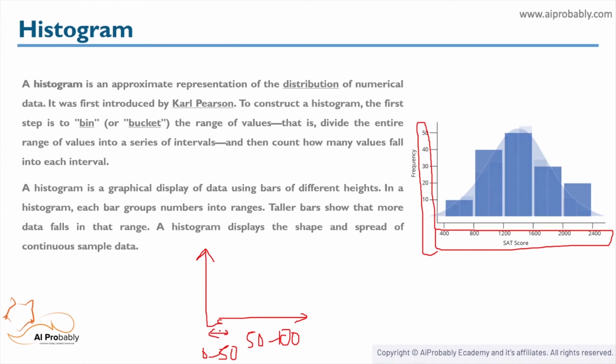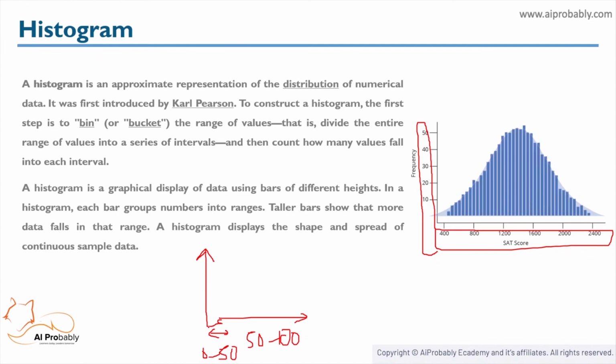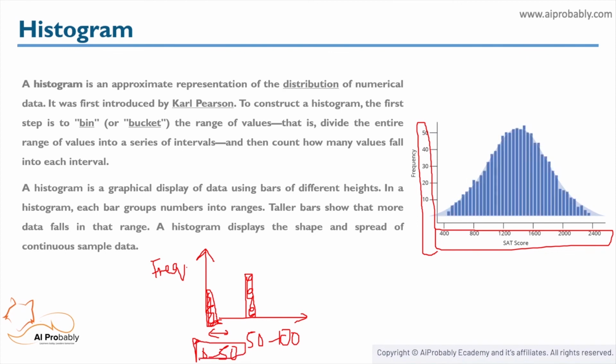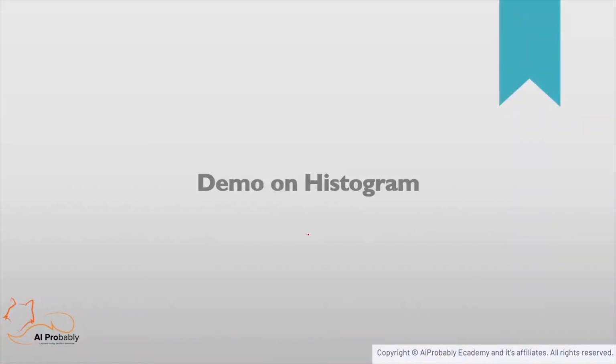So what we can do is find the average rating or average satisfaction given by the users who paid a price of 0 to 50, and then we can have the same average value for the range 50 to 100. Here we always have frequency on the y-axis, which tells the number which is there in the range, right? So let's see how we can actually create a histogram.